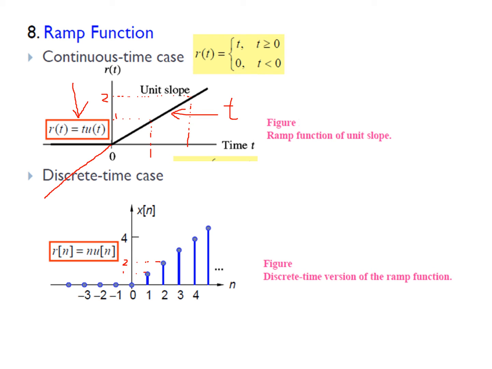Yeah, as you thought, r of n, r as a function of n, is equal to n for n greater than or equal to 0, and 0 for n less than 0. That is how a discrete time ramp signal is defined. So we have covered nearly all the basic functions. Now let us see some very special functions which are also classified under basis functions or elementary signals or elementary functions, which are of use in signal analysis.